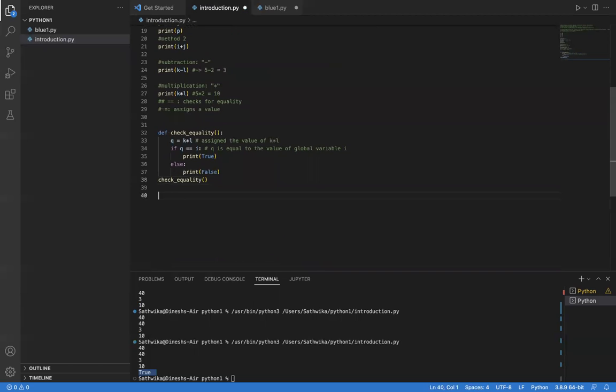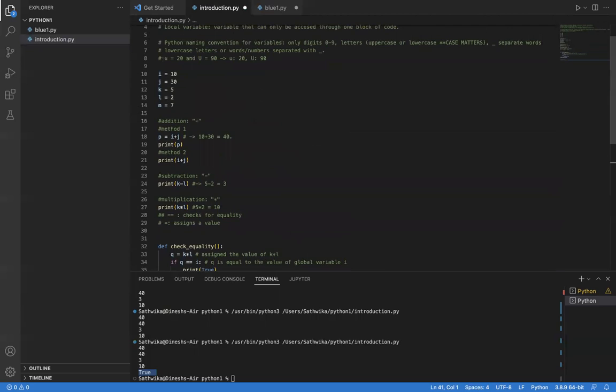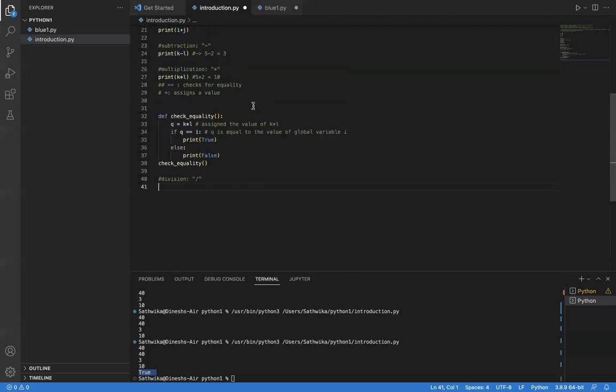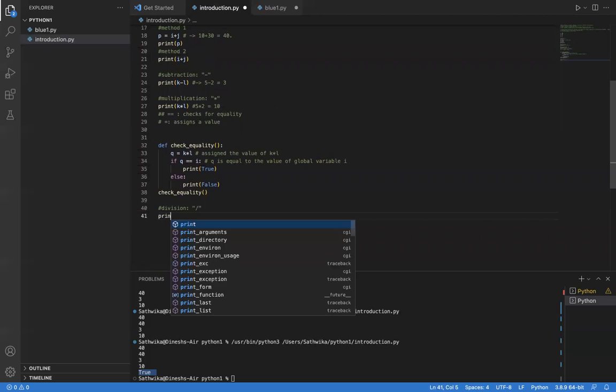Let's look for our final operation, which is division, right? The operator for this is a forward slash, right? So just like anything else, what we're going to do is we're going to divide two numbers. So I'm going to divide j by I. And I want to see the result. So print